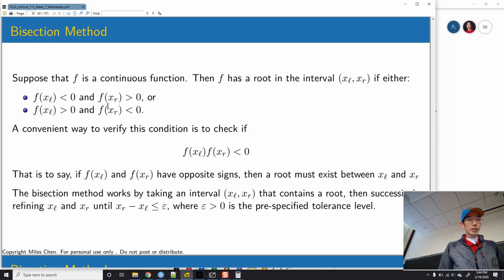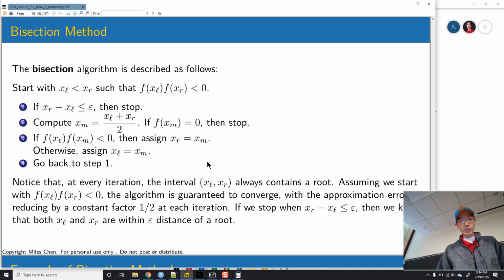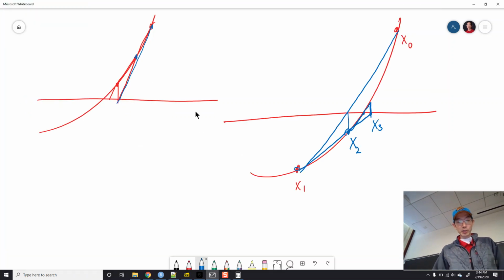Okay? And so you can just do a quick check. You can say, what's the value of the function at the left? What's the value of the function at the right? You multiply those two together, and if they have opposite signs, that value is going to be negative. Okay? And if there's a root in between there, then you can apply bisection method. Okay? And so the way bisection method works is